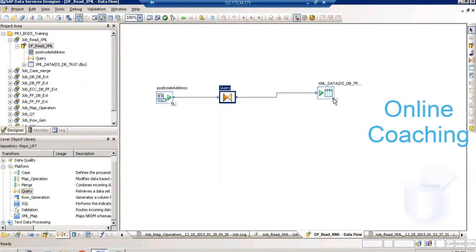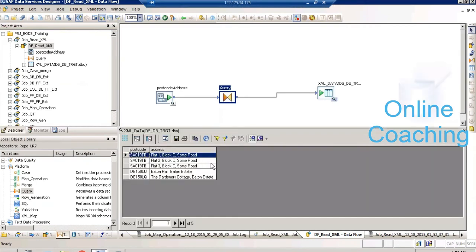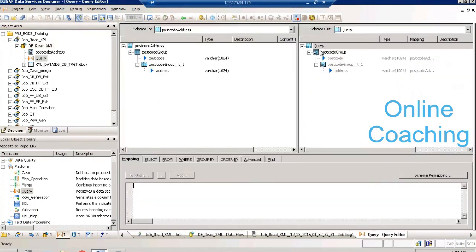Now go and open the table, and here you see this data converted into a flat structure. Initially it was nested, like it has a postcode group, under that it has 2 postal codes, SS019TB and DE150LQ, and SS019TB has 3 addresses and DE150LQ has 2 addresses. Okay, now this is how we read the nested structure data into a flat structure with the help of a query transformation,